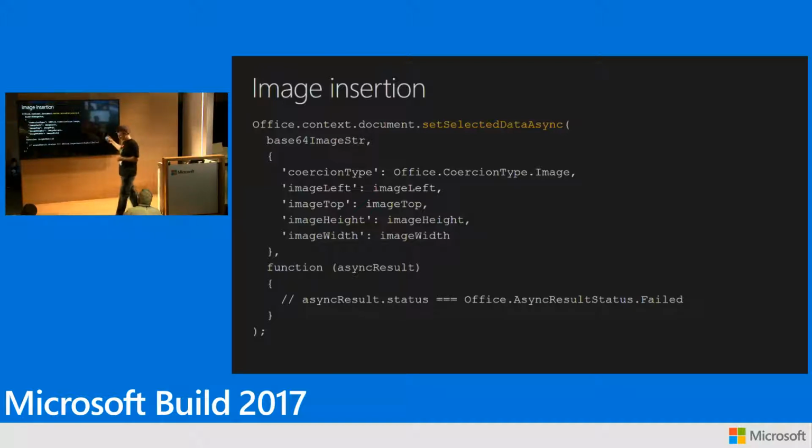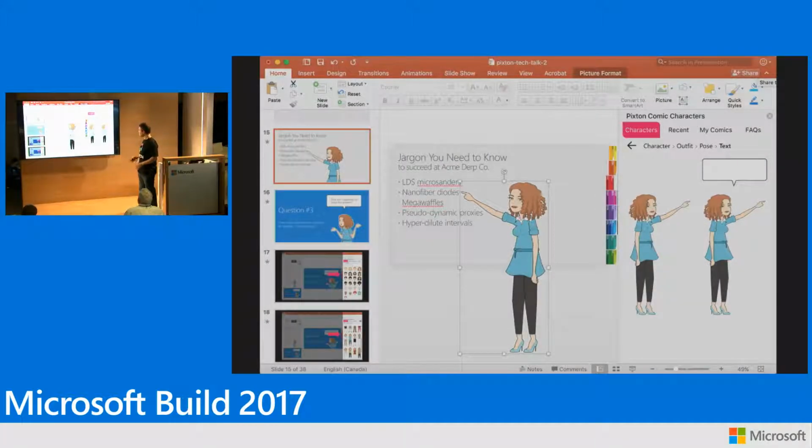And here's somewhere where I found those Office helper functions useful, because I discovered that the pixel height of the document was different in Office Online versus the desktop version, so I could use that to size and position the image accordingly. Once the image is inserted into the document, it's beyond the control of the add-in. The user, of course, can flip it or move it, resize it,